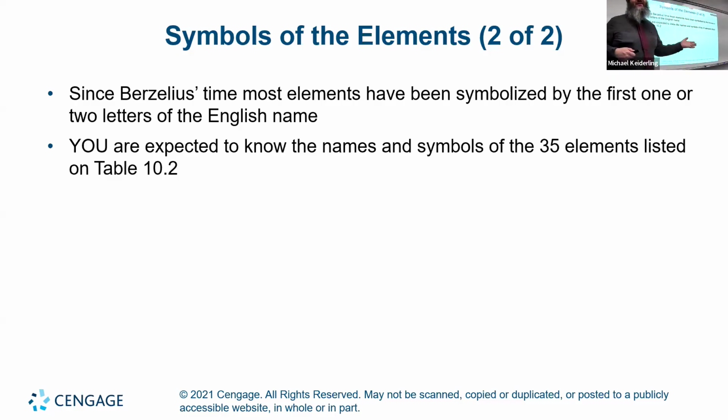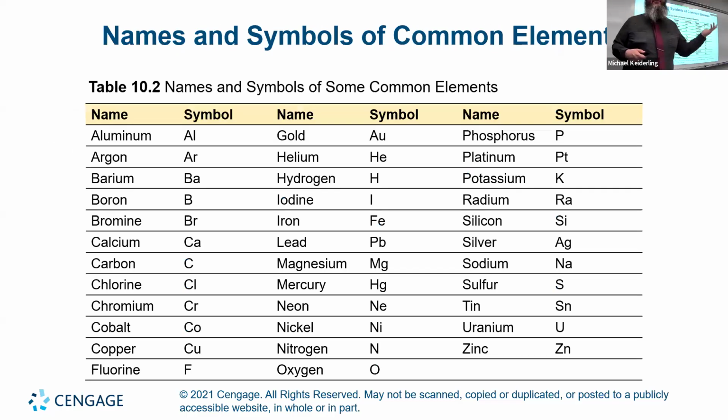You're not going to be tested on this, so you're not expected to know them, but these are 35 useful elements to know. Aluminum is Al, argon is Ar, barium is Ba, boron is B, bromine is Br, calcium is Ca, carbon is C, chlorine is Cl, chromium is Cr, cobalt is Co, copper is Cu, fluorine is F, gold is Au, helium is He, hydrogen is H, iodine is I, iron is Fe, lead is Pb,